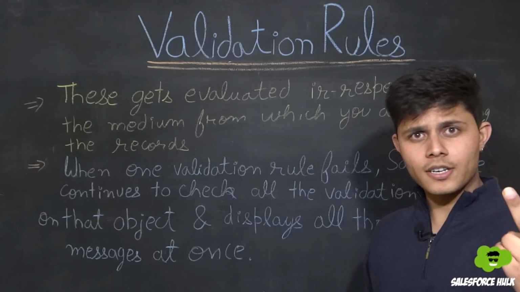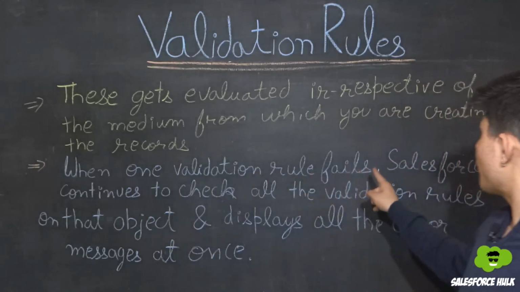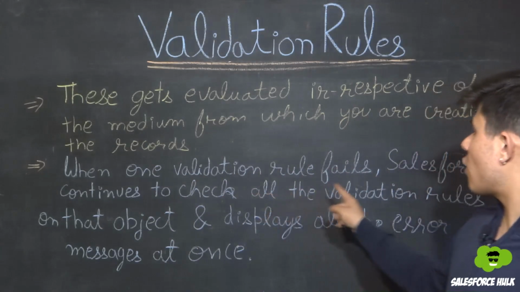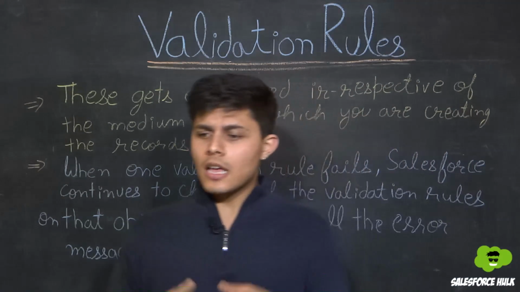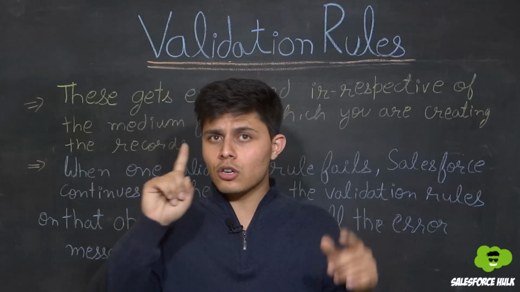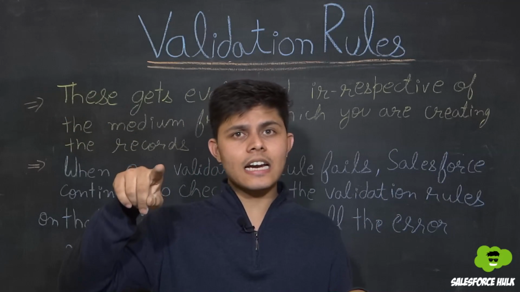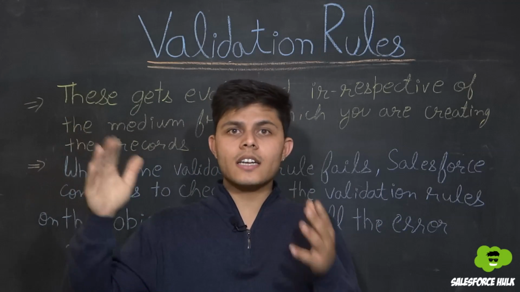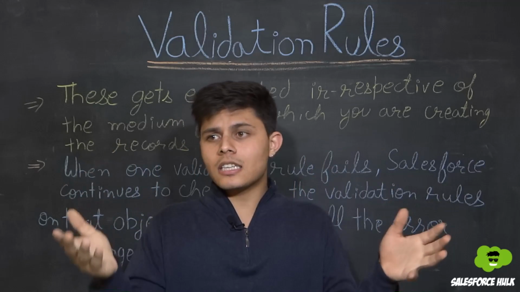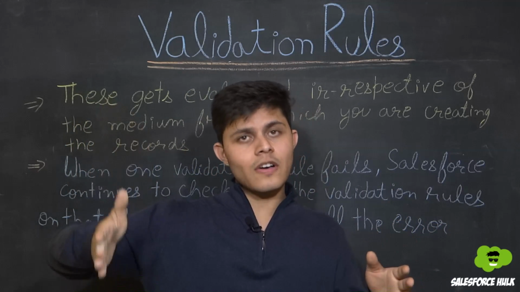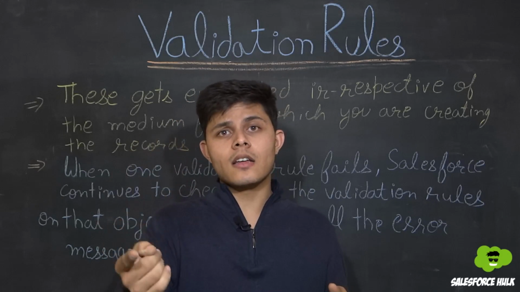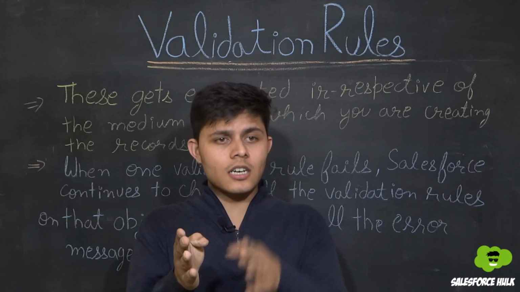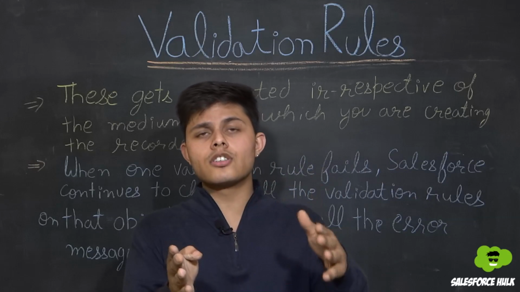The second point. When one validation rule fails, Salesforce continues to check all the validation rules on that object and displays all the error messages at once. Yes, imagine you have 5 validation rules on a single object. When you're creating a record of that particular object, let's suppose that it has checked the first validation rule and it is checking now the second validation rule. If there is an error, then it doesn't happen that the third, fourth and fifth validation rules will not be